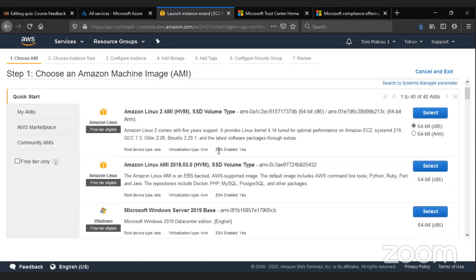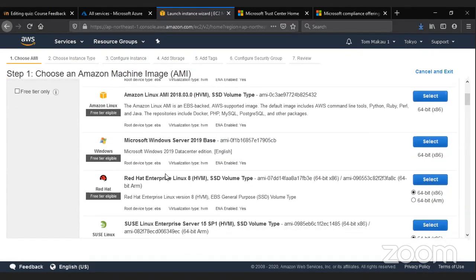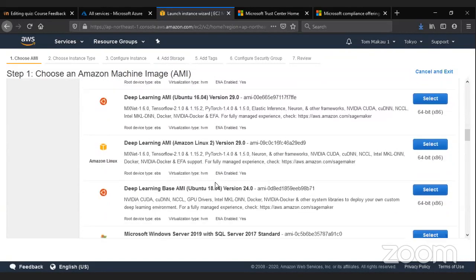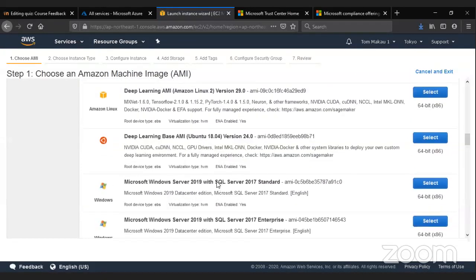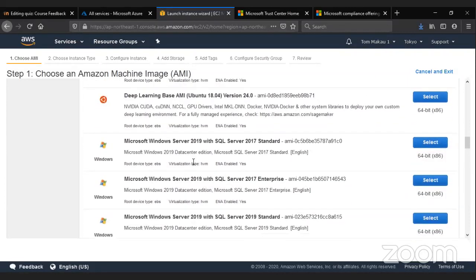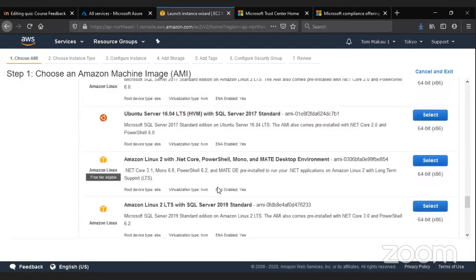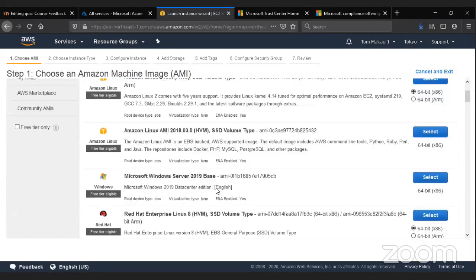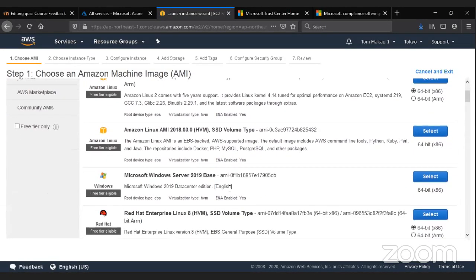Immediately I come here and choose the operating system. I can either use Amazon Linux or Windows or Red Hat, whatever operating system I want to use, they're all there. And some operating systems are optimized for services. Like you can get Amazon Linux, which is optimized for deep learning. You can get Microsoft Windows, which is for enterprise or the standard version, and so many options available. And you have the option of even bringing in your own operating system. If you're an organization that has its own operating systems, you can bring it in.